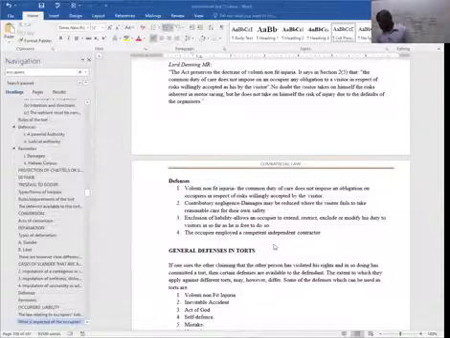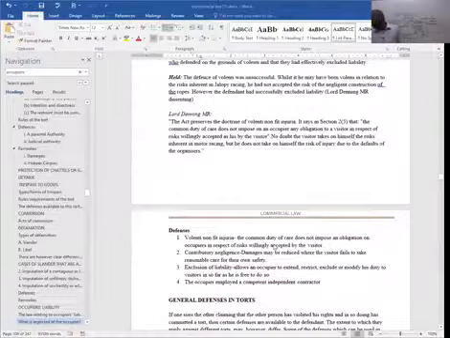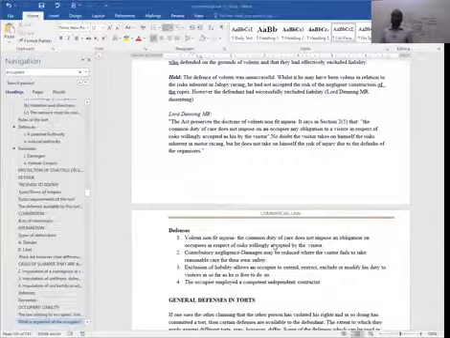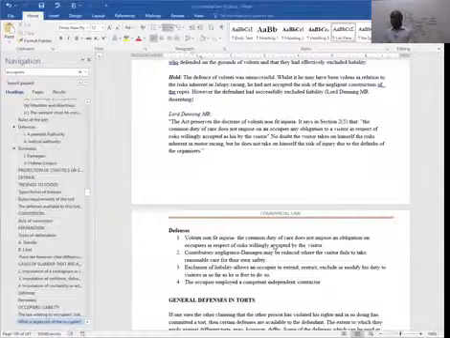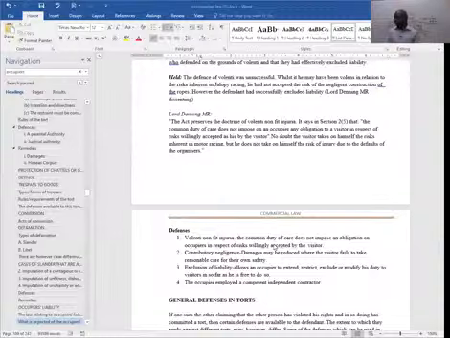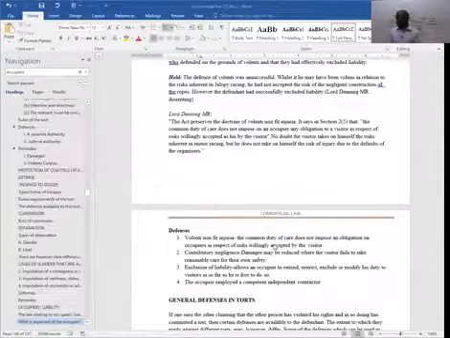Contributory negligence. Damages may be reduced where the visitor fails to take reasonable care for their own safety. So if the visitor contributed to part of the injury or damages arising out of the occupier's premises, then that can be pleaded as a form of defense. Exclusion of liability: it allows an occupier to extend, restrict, exclude, or modify his duty to visitors insofar as he is free to do so.